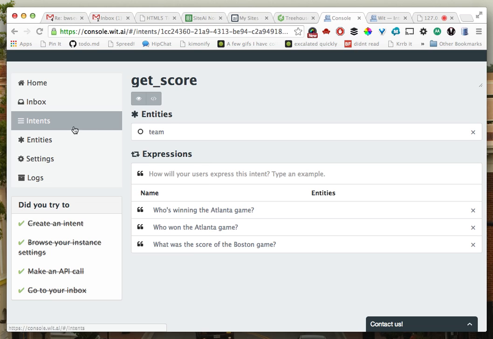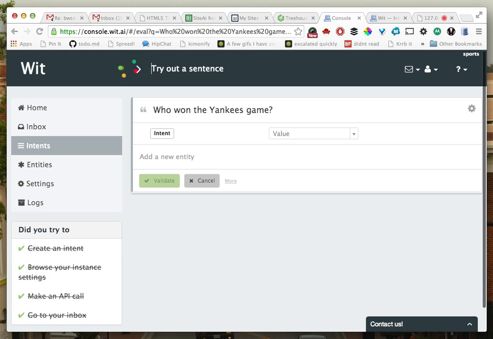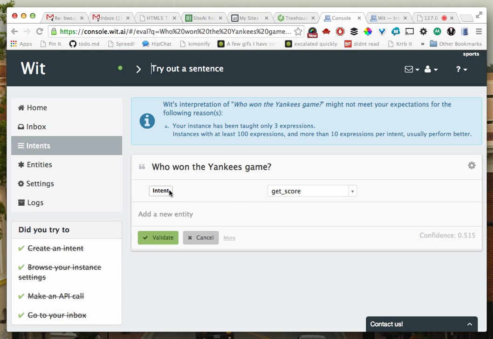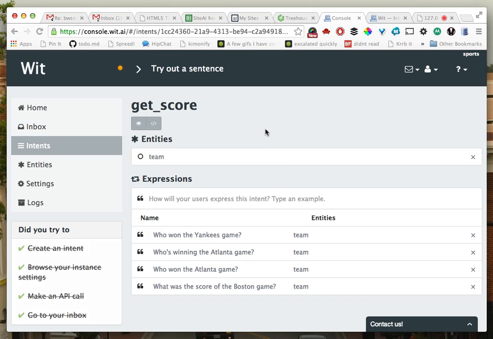If I go to, let's see here, try out a sentence. So if I say, who won the Yankees game, it's going to say, yeah, we got get score, but we don't know anything else. They don't know Yankees is the name of a team. So I'll highlight this, and I'll say team, validate. Okay, so now if I say who's winning the Yankees game,